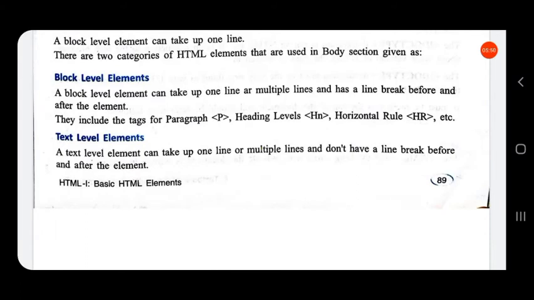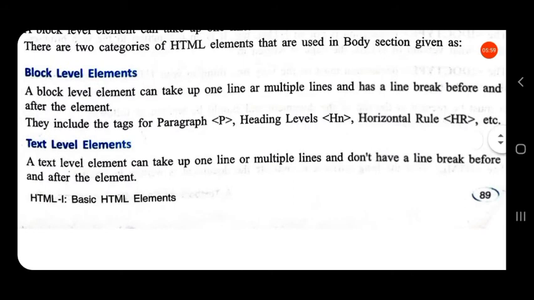These include tags for a paragraph. To represent a paragraph we have the tag P. This tag is used to represent a paragraph. That is, whatever content is given after this tag will be in a paragraph.